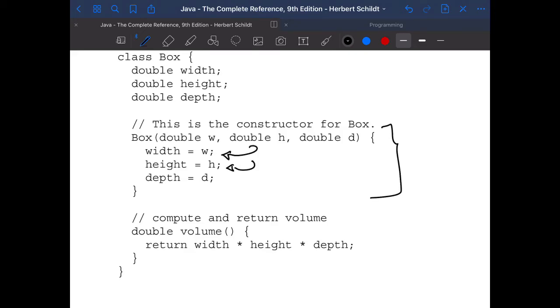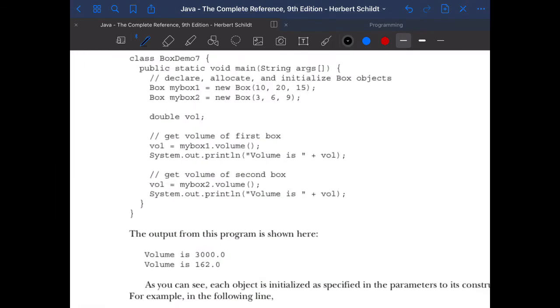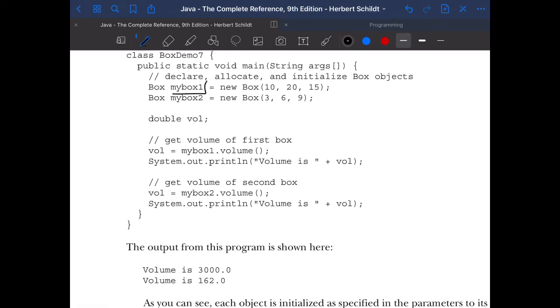So I'm passing the values here, here, and here, and these values would be added to that corresponding box. So I'm adding my given width to the box's width, my given height to the height, and my given depth to the depth. So when I am creating the box, so my box 1,